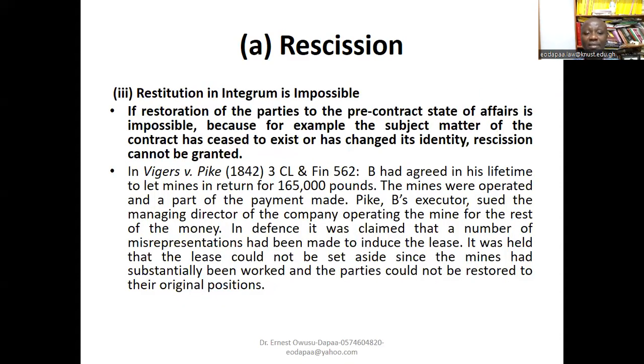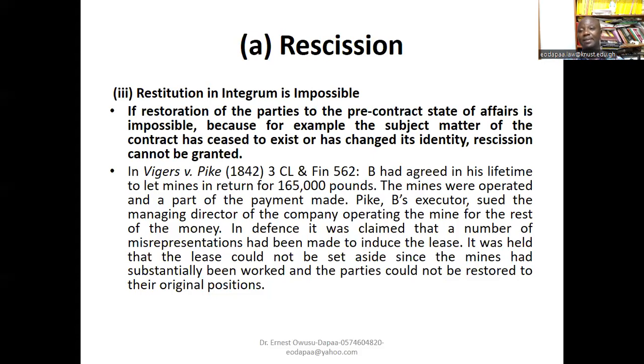So let us keep that in mind. Now, the third bar to the availability of rescission for misrepresentation is where restitutio in integrum is impossible. In other words, rescission is about restoring the parties to the position they were before the contract was made. If it is not possible to restore the parties to the pre-contract stage or pre-contract state of affairs, then